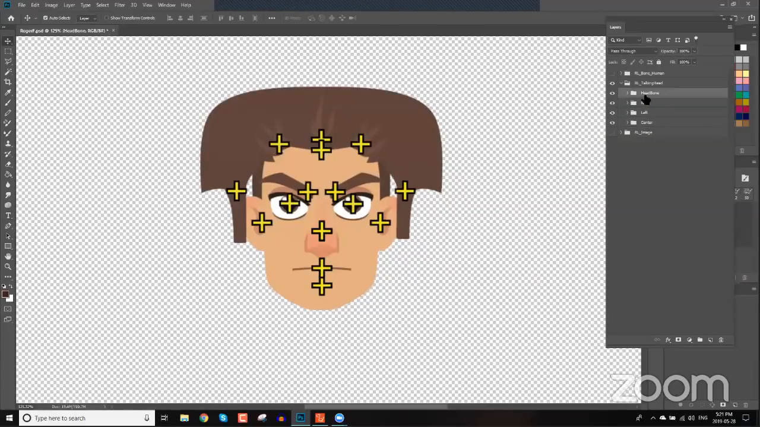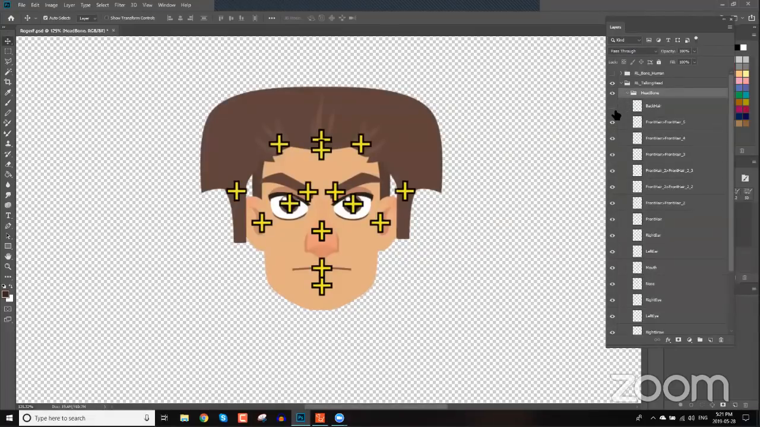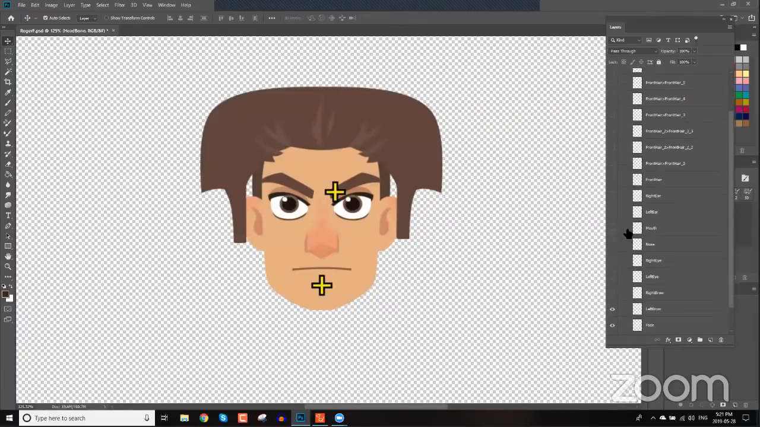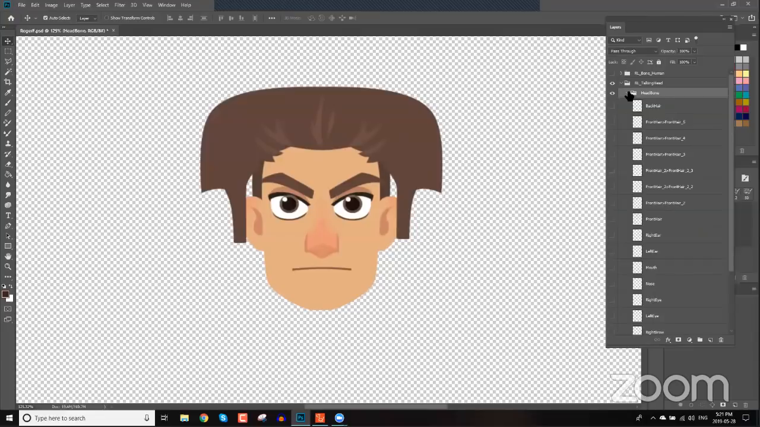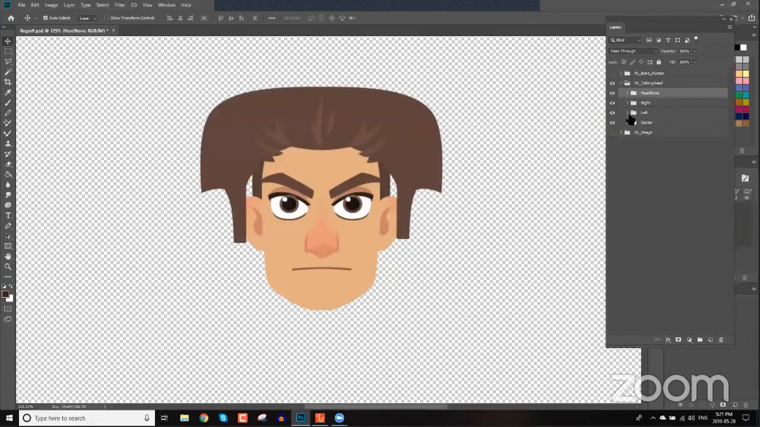So the head bone group, this contains all the bones, right? Very important. So if I take that away, you can see all those yellow crosses, which represent the bones on your character, will appear and disappear, okay? If I twirl that down, you can make them appear and disappear individually, just like this. Okay, all those bones are gone. Okay, now we have no bones, and we can twirl that up,